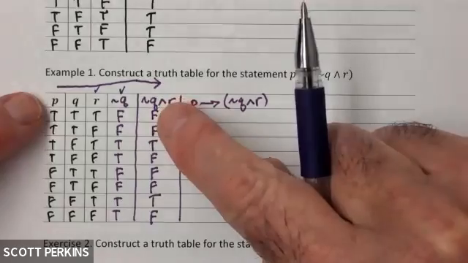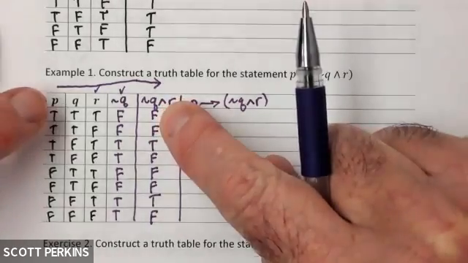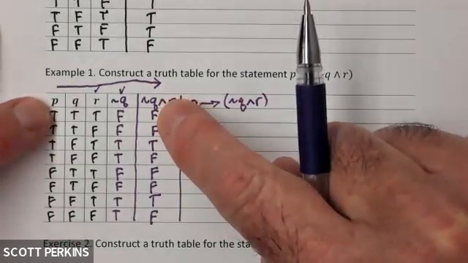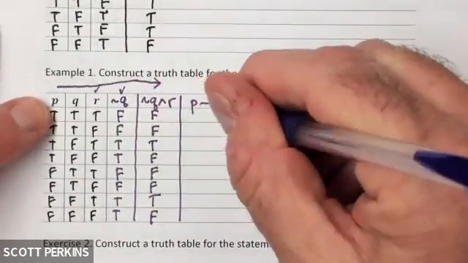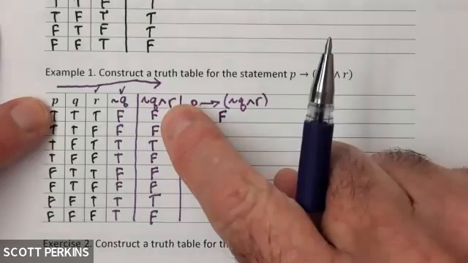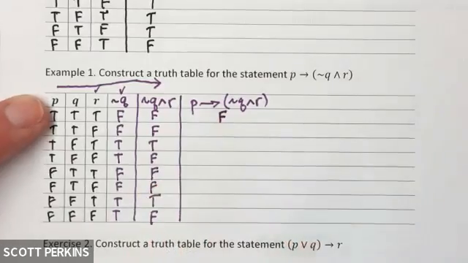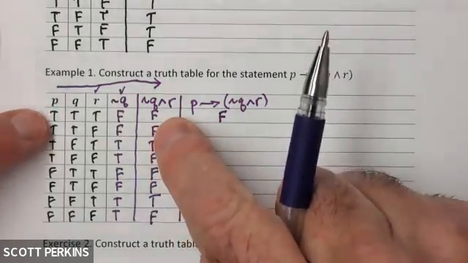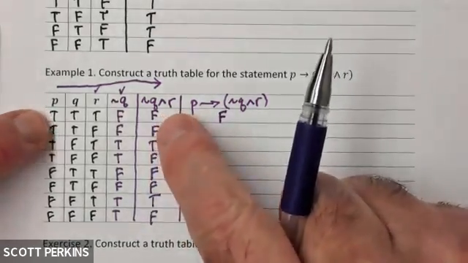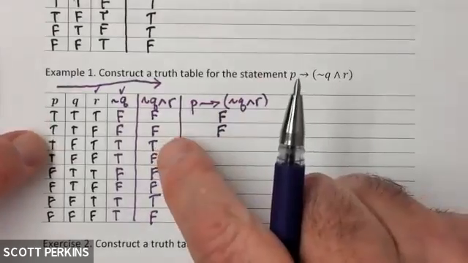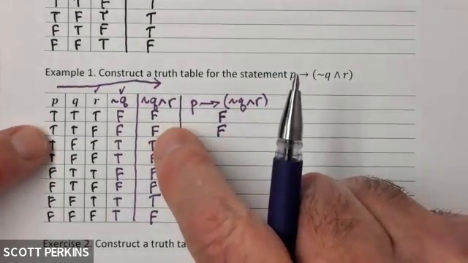Both these columns are on the outside. So the first one starts off true, then false. What's true, then false? That's the false one. In fact, a nice way to remember that truth table is that's the only time the conditional statement's false. When you have T, then F, it's false. All the other ones are true. The next one is T, then F. So that one is? That's false as well. The third one is T, then T. So that is